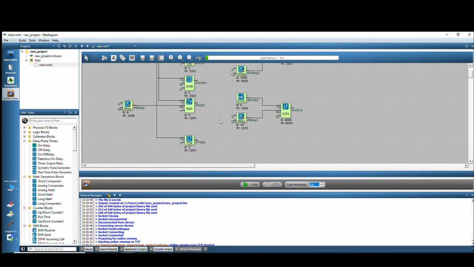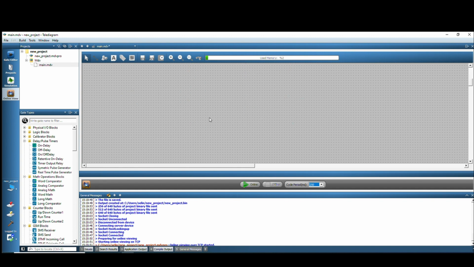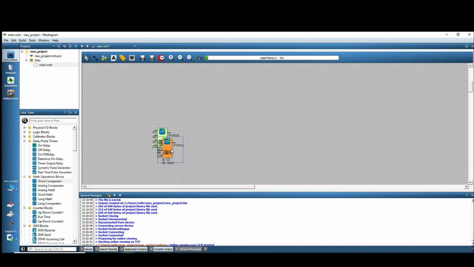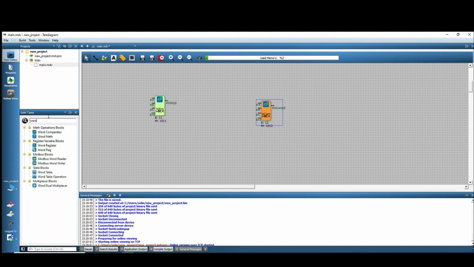Next, let's look at our mathematical operation blocks. First, let's start with comparator blocks. We have blocks for word, analog, and long data types. Here, what operations can be performed? We have options such as comparisons within a range, greater than, less than, outside the range, equal, not equal, less than or equal, and greater than or equal. We can enter